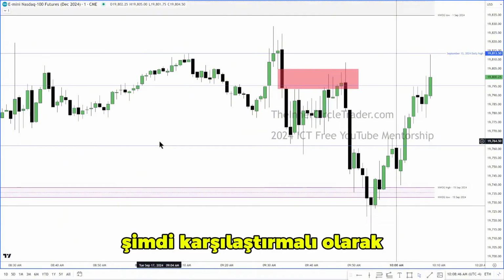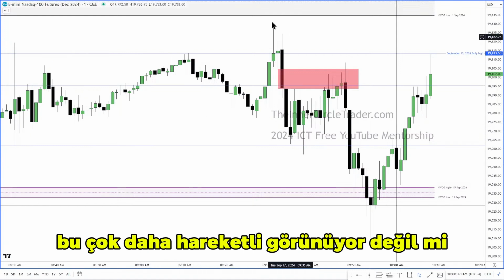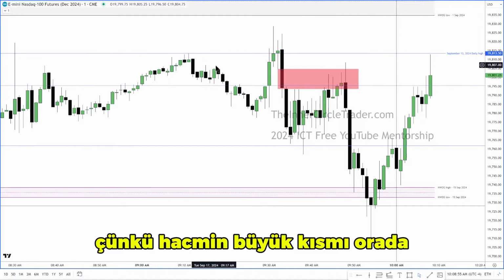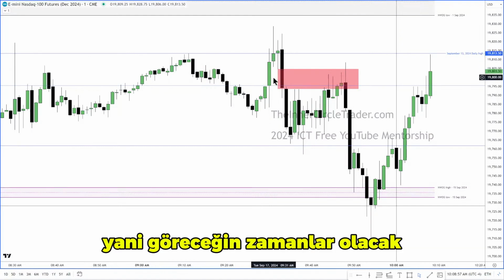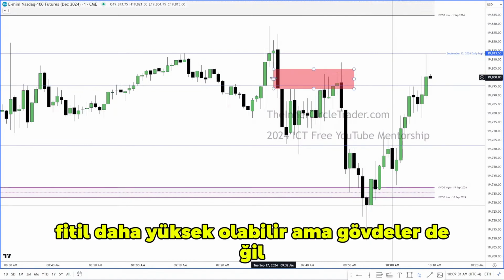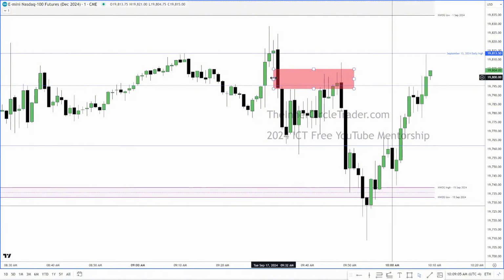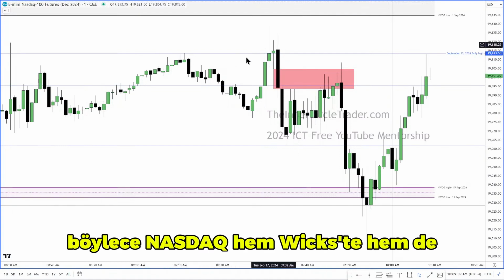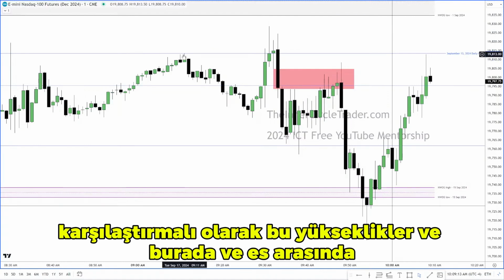Now, by comparison, this looks a whole lot more animated, doesn't it? And when there's wicks, I'm looking at the bodies because that's where the bulk of the volume is. So there'll be times where you'll see that the wicks might be higher, but the bodies aren't. Inside this swing, compare that to here. So NASDAQ went higher, both in wicks comparatively between these highs and here. And in ES,